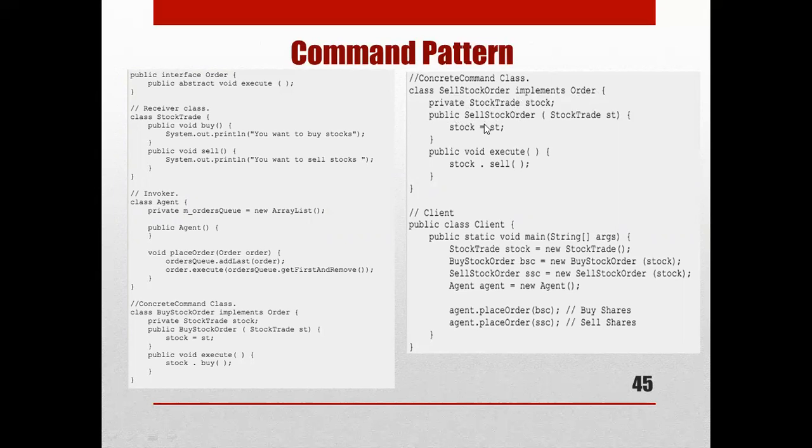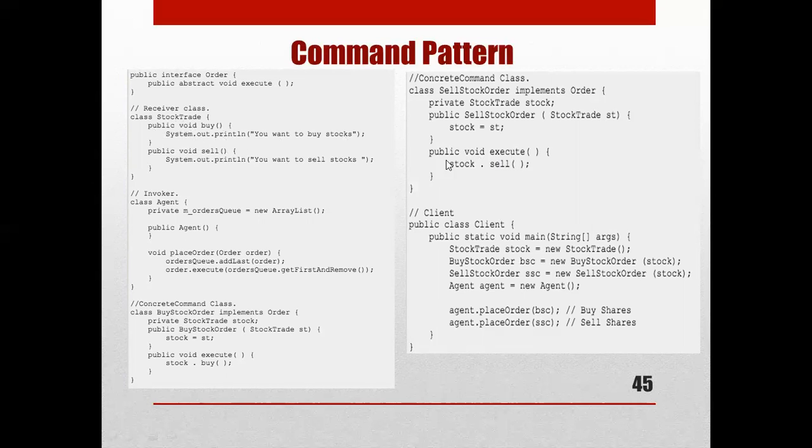It has one method, public sell stock order, which includes the object of the receiver class. So now stock equals st, that means that object. And it has one method, public void execute, that will execute the sell method from the